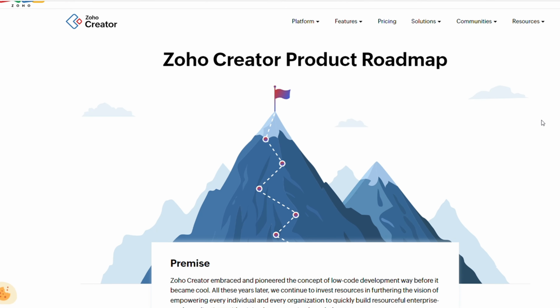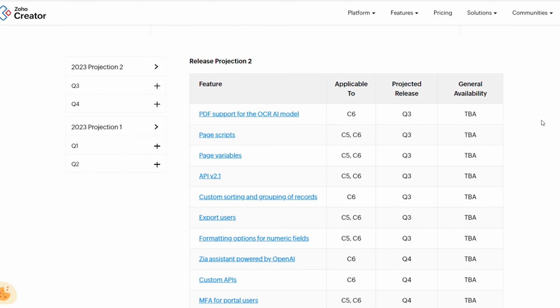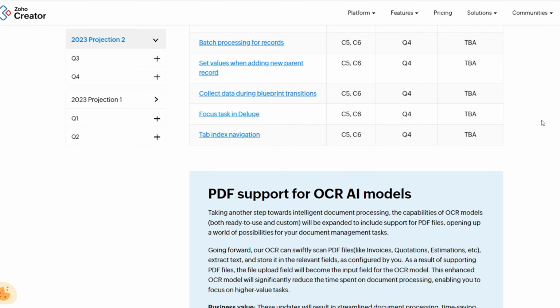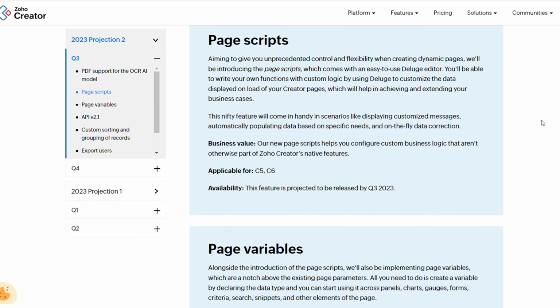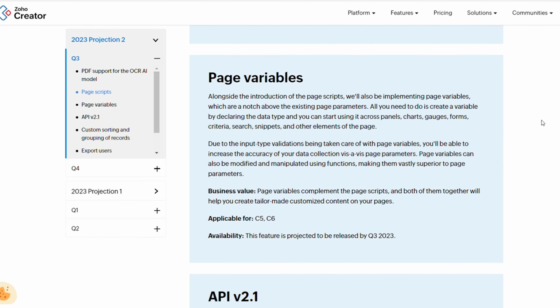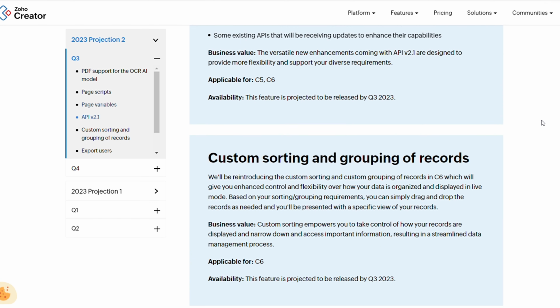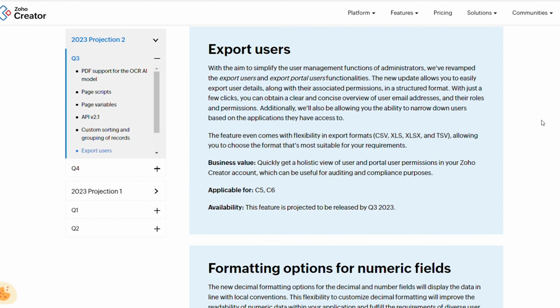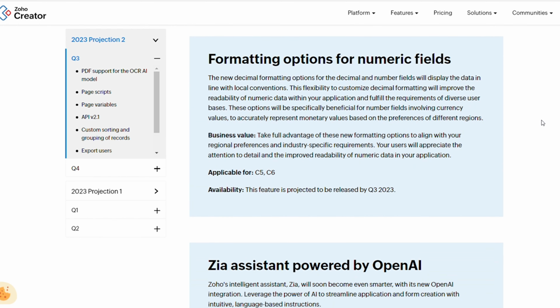So, Zoho Creator had announced several upcoming features and enhancements to improve the platform functionality and user experience. These include support for OCR AI models with PDF file compatibility, the introduction of page scripts and page variables for enhanced customization, the release of API version 2.1 with new capabilities and updates, the reintroduction of custom sorting and groups of records, improved export options for user details, dissimilar formatting options for numeric fields, integration of ZIA Assistant powered by OpenAI for intuitive application and form creation,